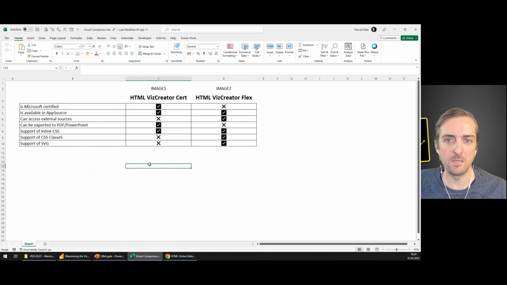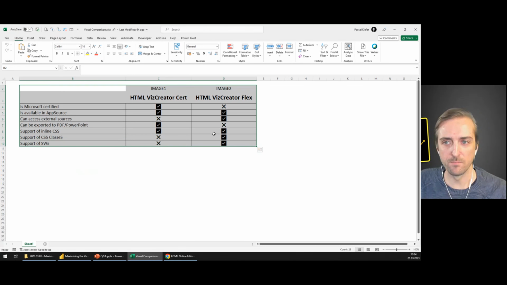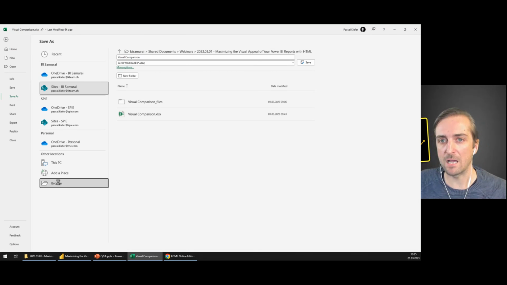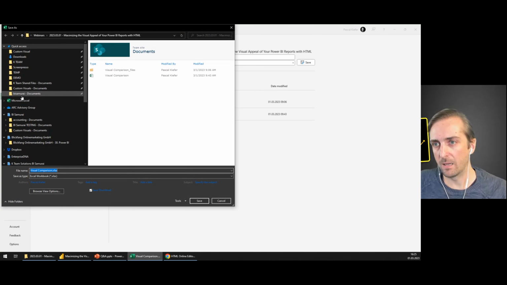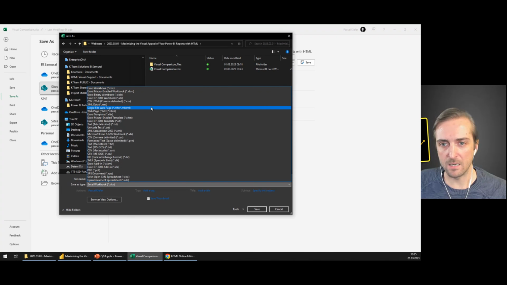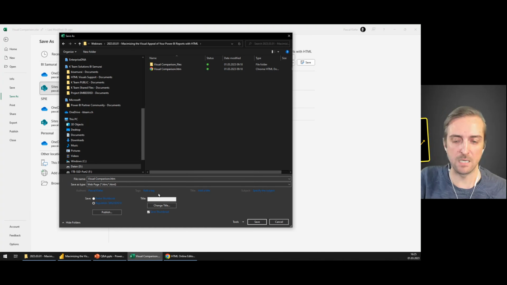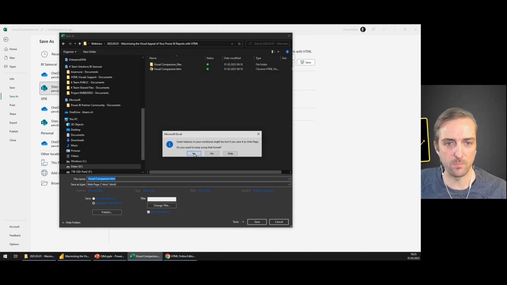because I created the initial table in Excel. For the image, I added placeholders. Right? It's easier to do the images later in Power BI. That's the table I want to transfer to Power BI. I highlight all the cells which are part of the table, go to Save As, navigate to where I want to save it. And now that's important. I save this not as Excel file, but as web page, and only the highlighted cells. So we save as HTML document, save,